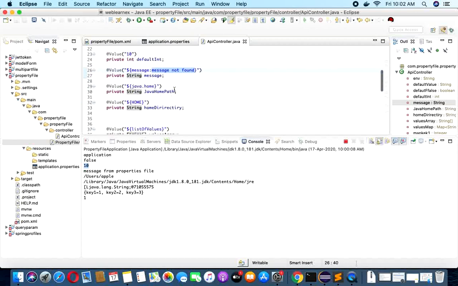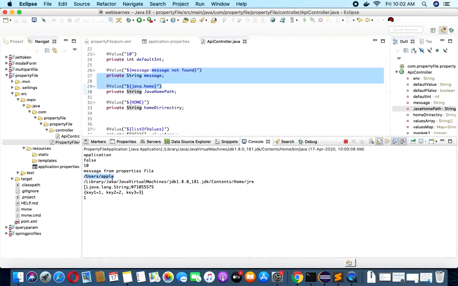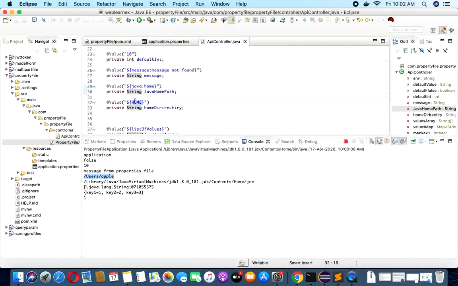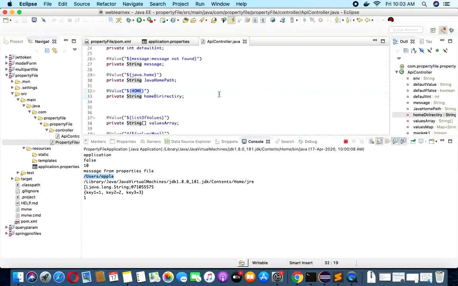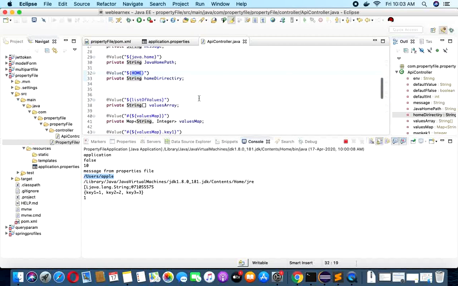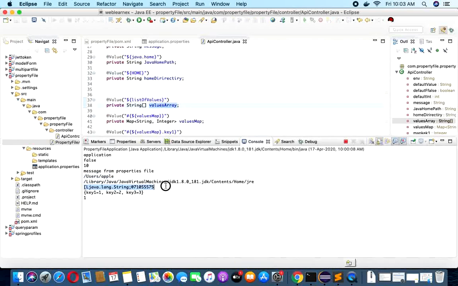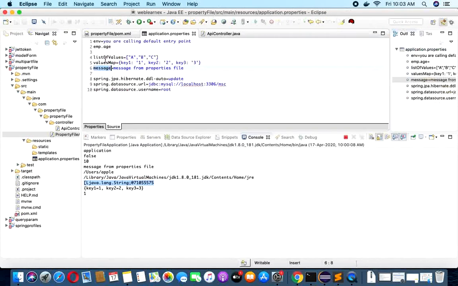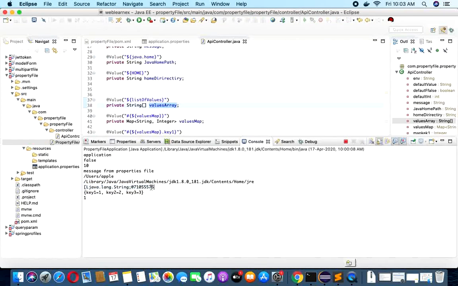This variable is printing my home application path. So my application path is users/apple. Next, home, it's showing my current working directory where the application is running. So this is printing. Next is printing the array. So this is my array. I have configured this array. This is my string array. So this is printing on the console.